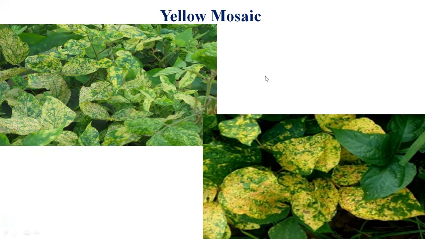So what happens in case of the yellow mosaic? The normal mosaic appears in stages like a green pattern, then light yellow pattern, then yellow pattern and dark yellow pattern. These kinds of patterns or stages can be seen in normal mosaic. But in case of this yellow mosaic, the green pattern is followed by a light yellow pattern and then a dark yellow pattern, and the dark yellow stage can remain for a longer duration. When viral infection starts, first day, second day, third day, stages occur in case of viral infection or viral diseases.